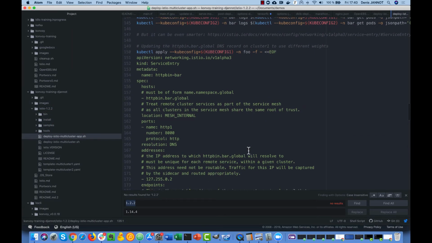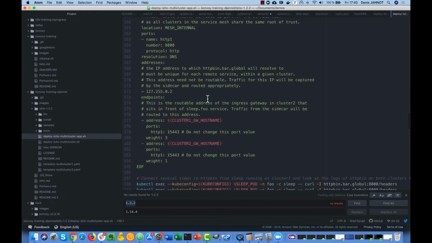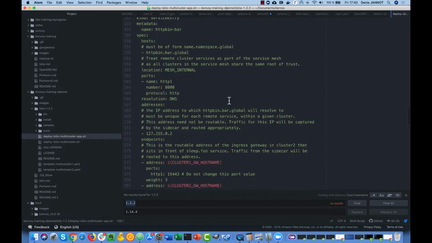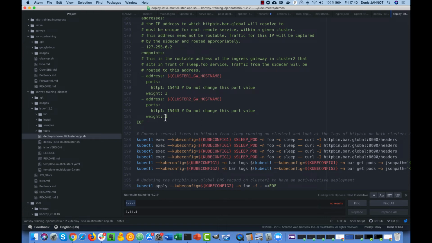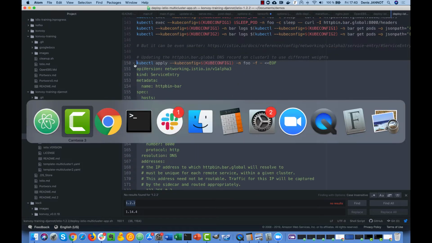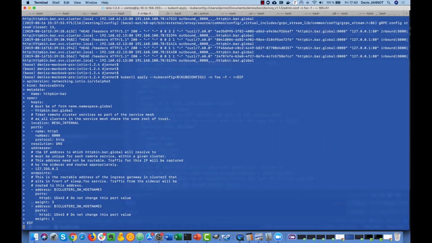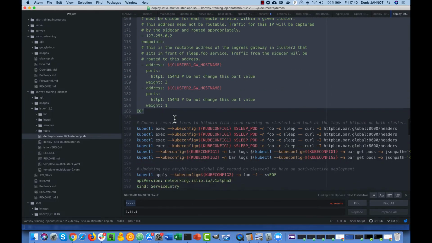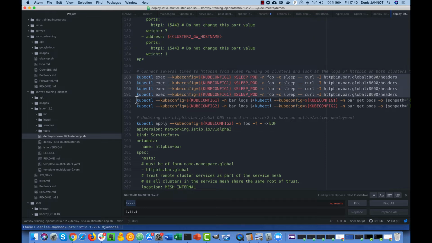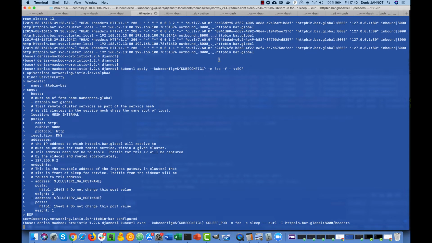So in the next step, what we'll do is show that we can even use different weights. So we can just update the service entry and again we'll be able to send our 4 requests and see that most of the requests should go to the local cluster.